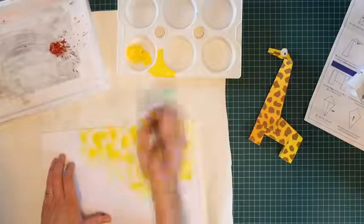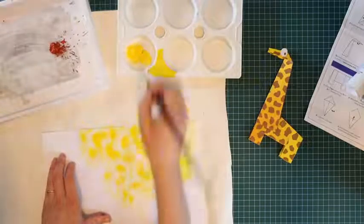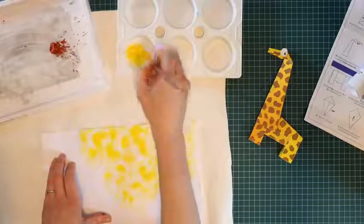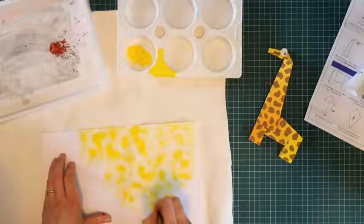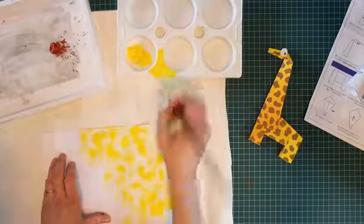but this is how we create our fur texture, and it's quite quick and easy to do. As you can see, I've nearly filled up this page already,